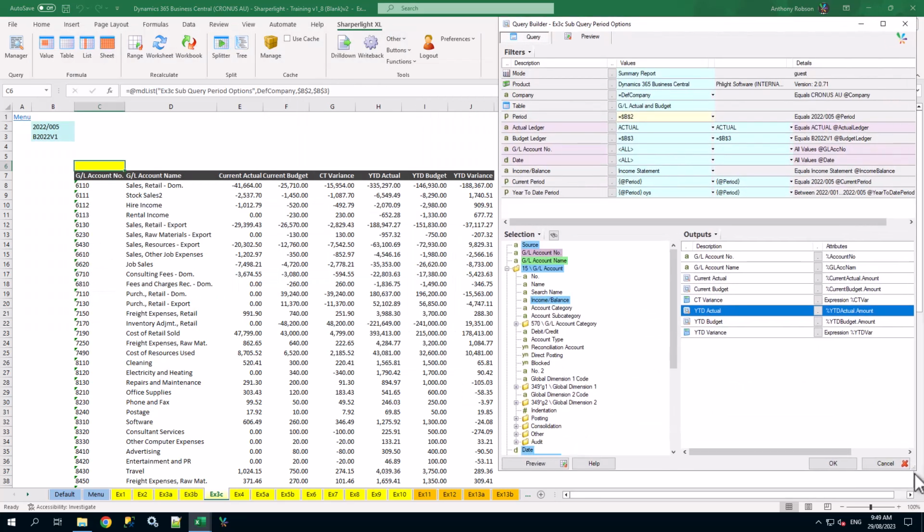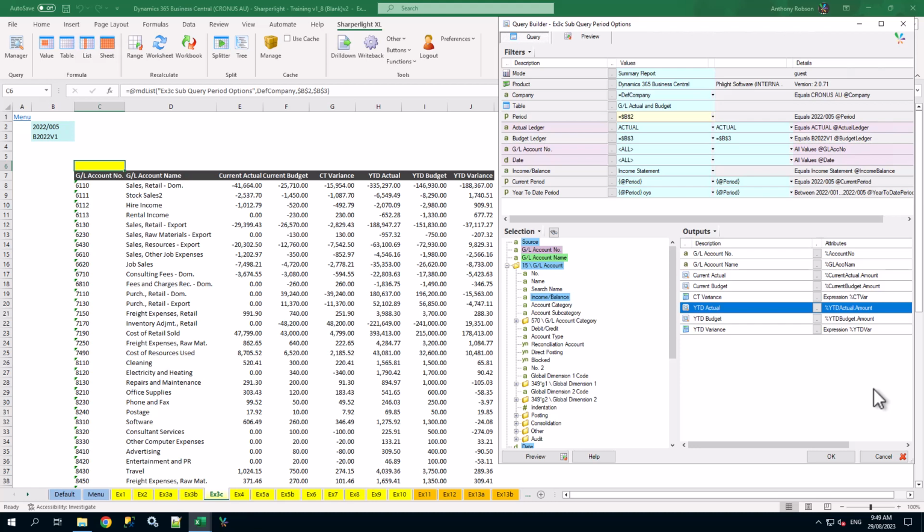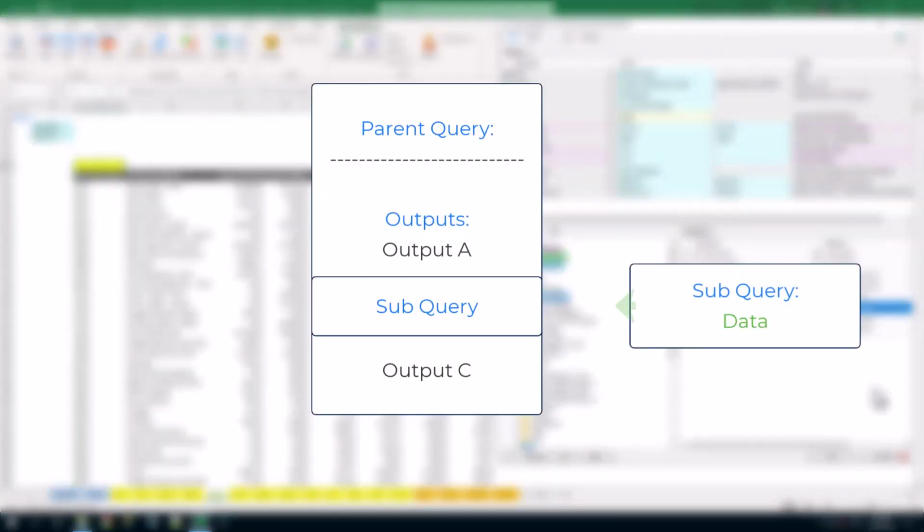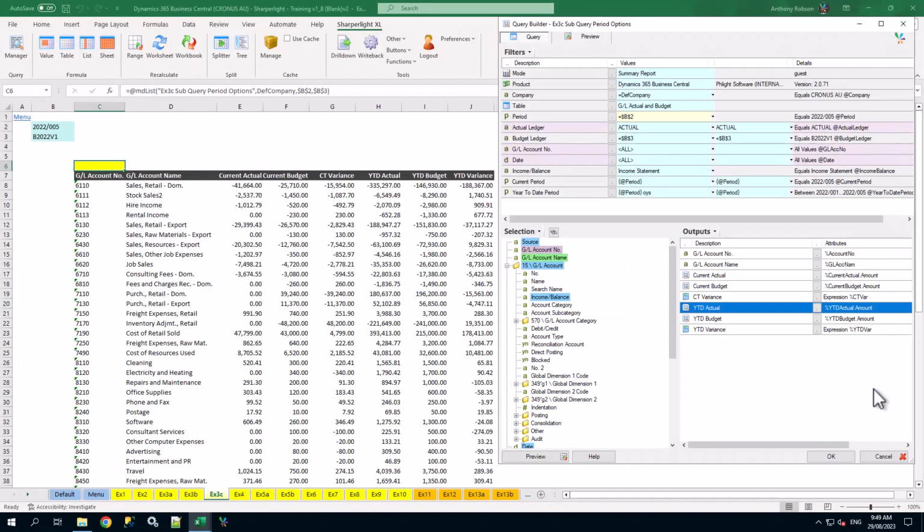The query from 3B and 3C output the same data. However, in this query, we have outputs that are subqueries for some of the amount columns. A subquery is a child query that can extract data independently of the parent query, and its data then can form part of the parent query. Subqueries are not limited to the same table or data model as the parent query, and you can choose to use output values or filter parameters to pass into the subquery. So for example, the current actual subquery would be a query that pulls the appropriate amount filtered by the current period, and where the budget ledger is